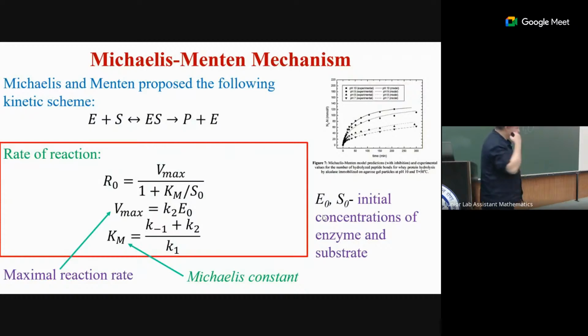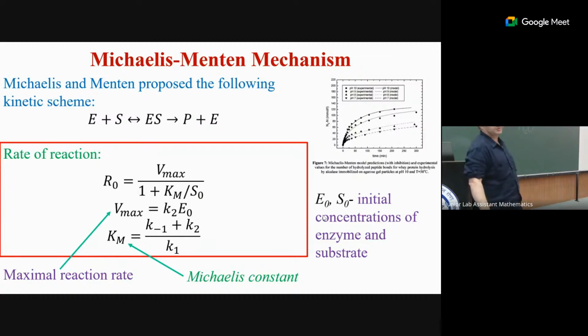Good. So, Michaelis-Menten, let's go a little bit more into it. You have probably seen this, but let me repeat it. The idea of the Michaelis-Menten mechanism is that E is the enzyme and S the substrate. You create an intermediate ES compound, which is reversible, and then from this one you create the final product. If you solve for the reaction rate, as I told you before, you get an expression like this, where Vmax is the maximal reaction speed when we have a lot of substrate, and an important constant appears, known as the Michaelis constant. For some reason, it's called the Michaelis constant.